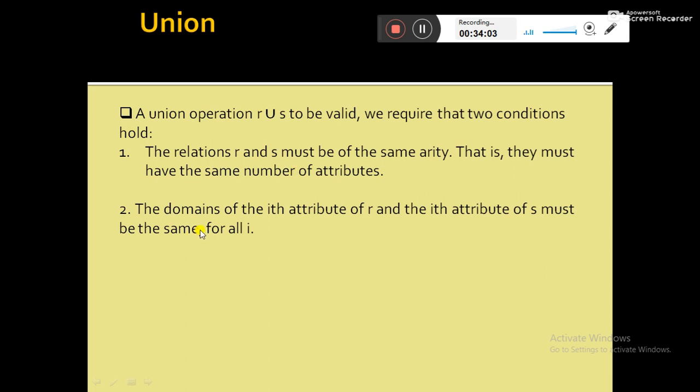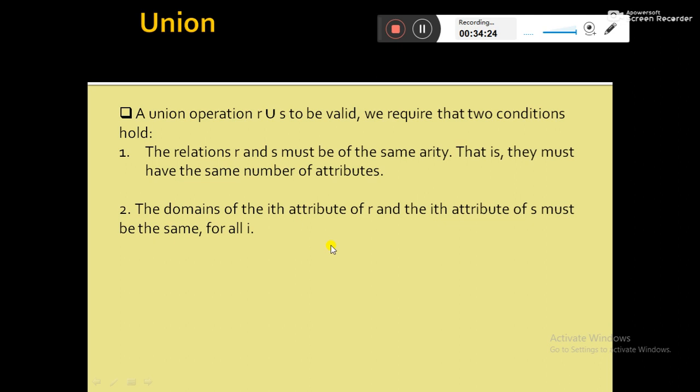The second is that the domain of the ith attribute of R and the domain of the ith attribute of S must be the same for all i. That means the domain of a specific attribute of R and the domain of that particular attribute in S must be of the same type.